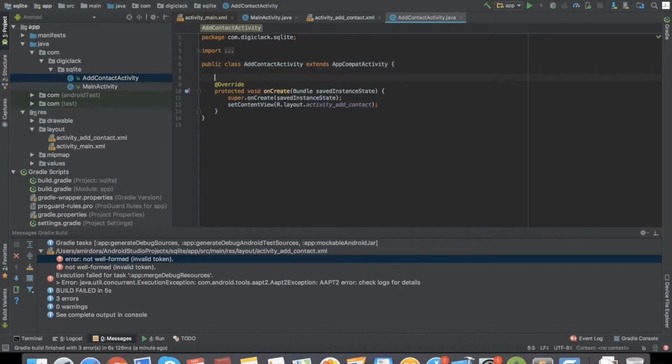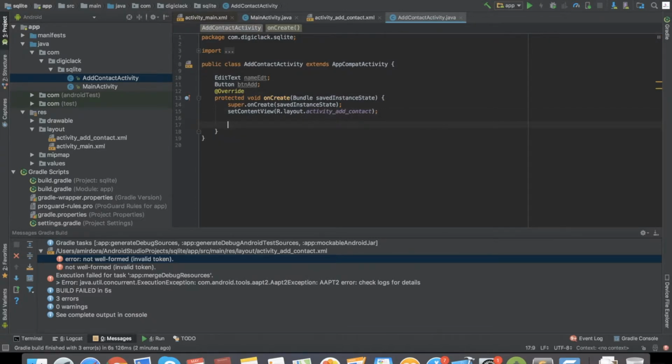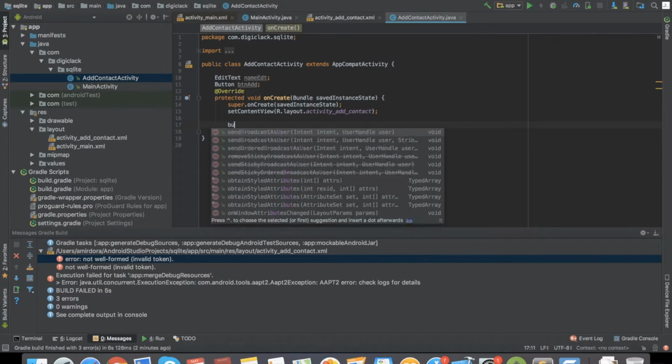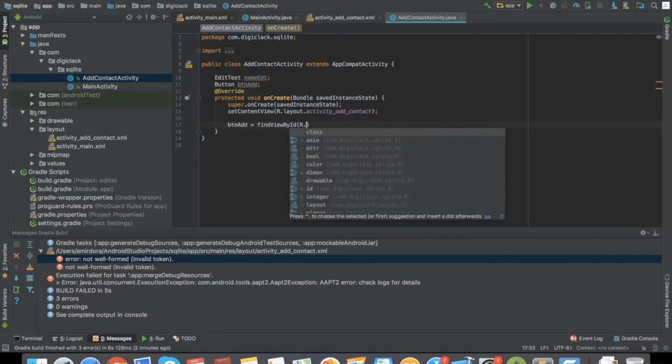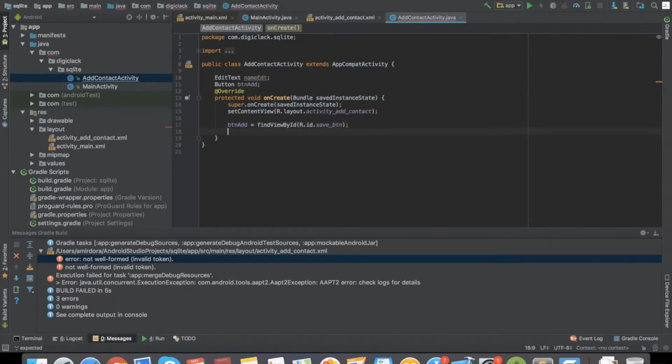We're going to again initialize the edit text that we had there. Name edt, also we had a button. Give it a name, button add. Okay, when user clicks on the button, first give it a reference, r.id.save. I give it the name save button. So button add dot, we again